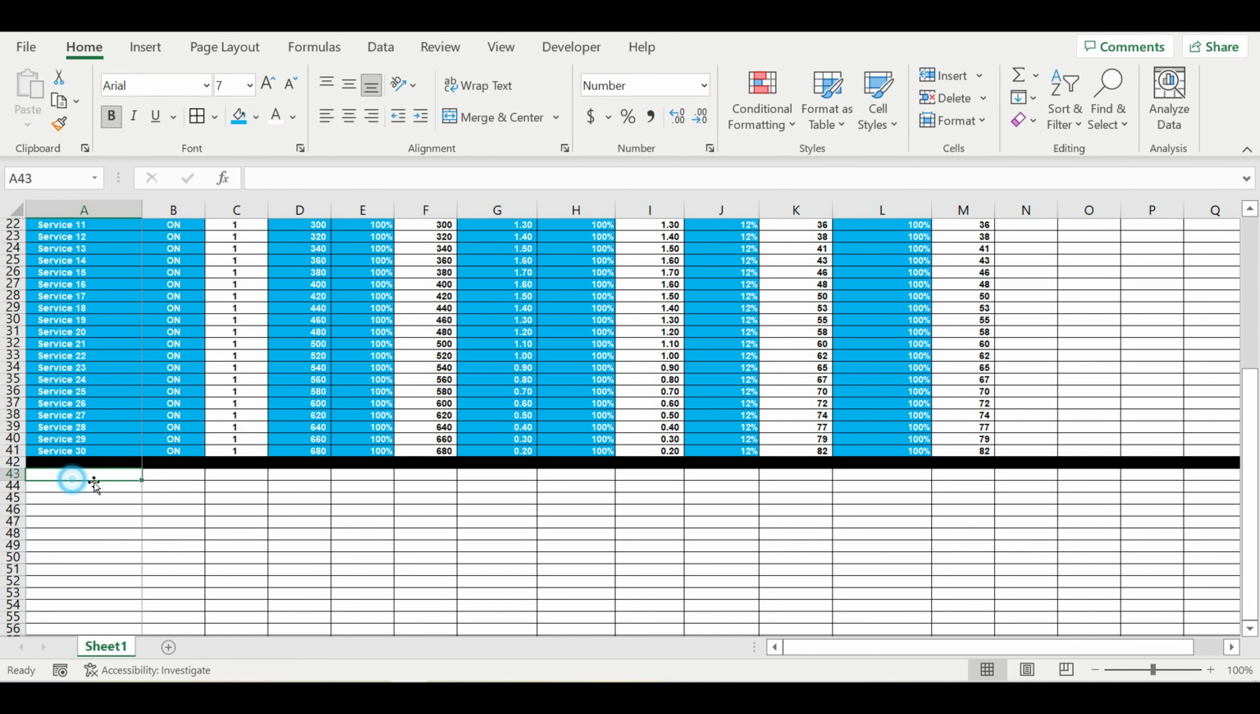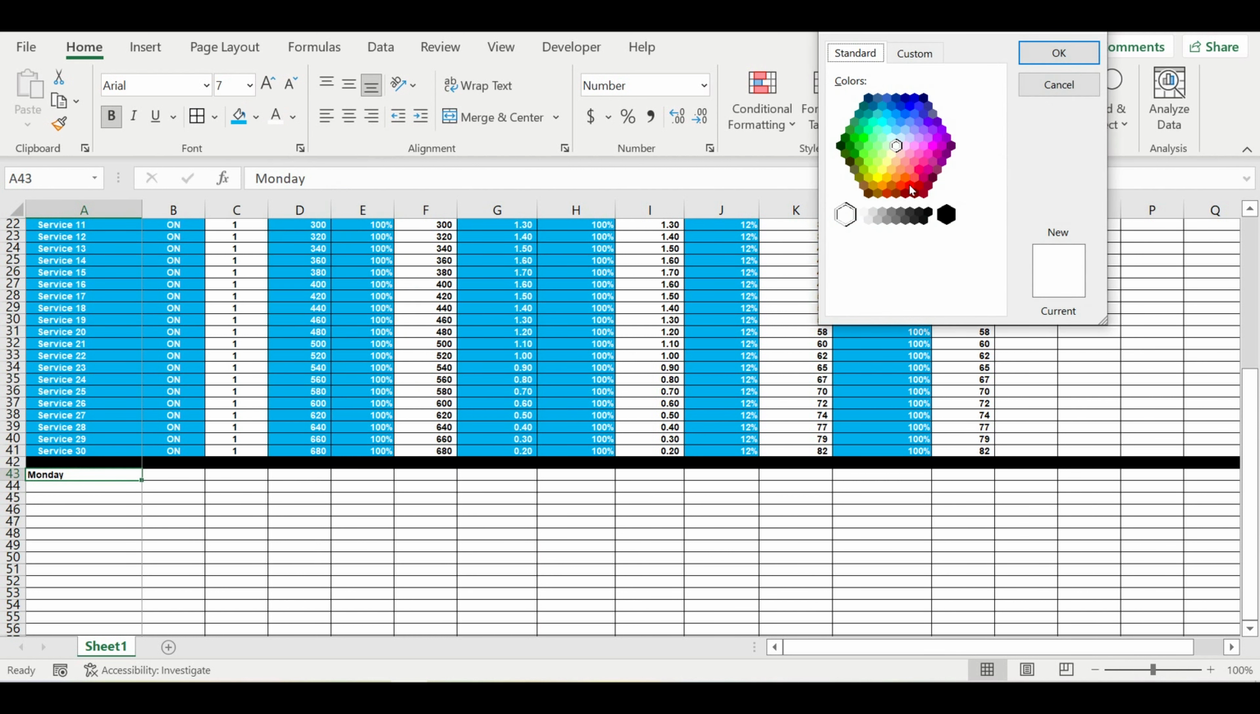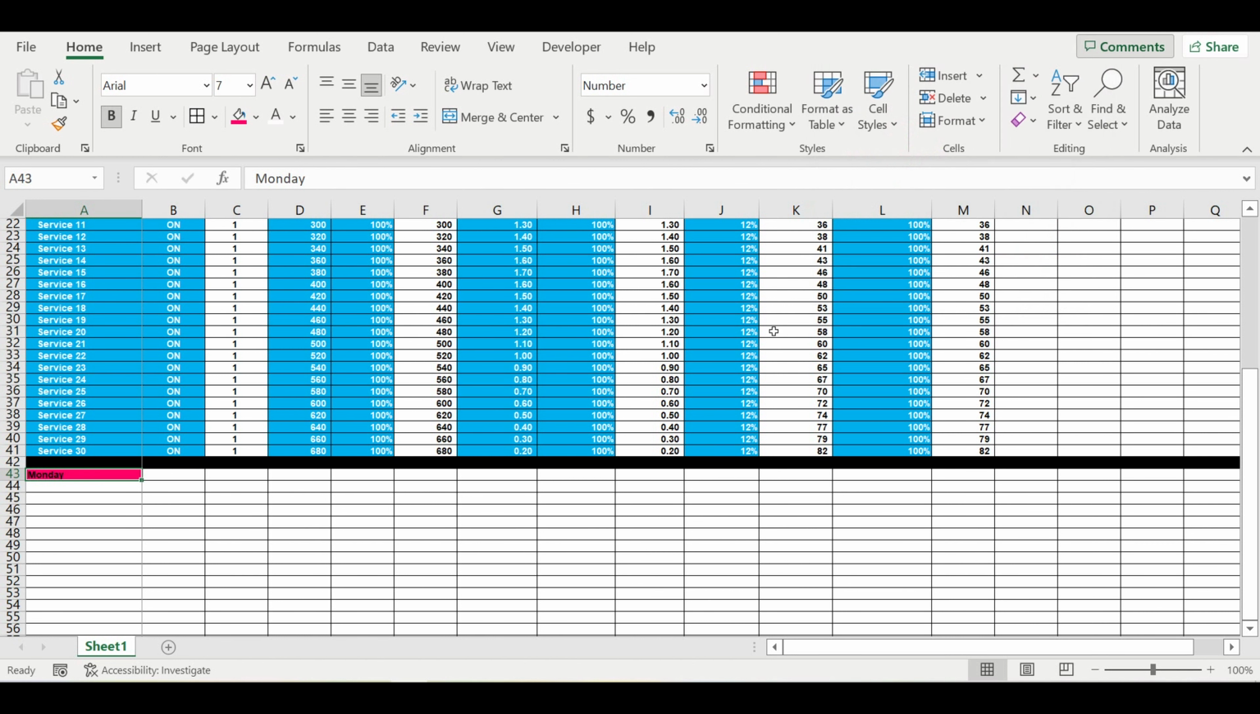So let's start with Monday. We will have a typical Monday, Tuesday, Wednesday, and so on, all days of the week. So what we are doing here: here we have Monday, and we will create the table. This will be service,